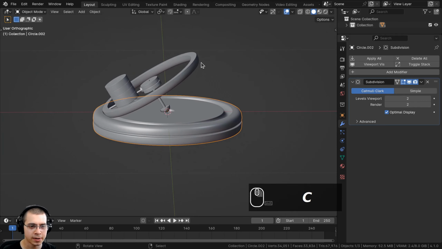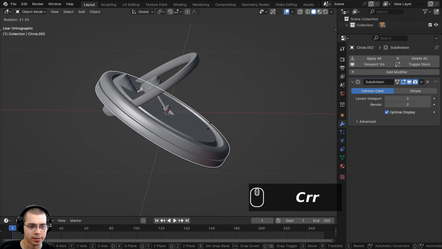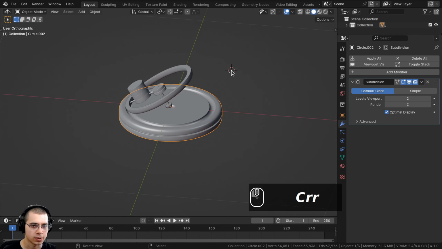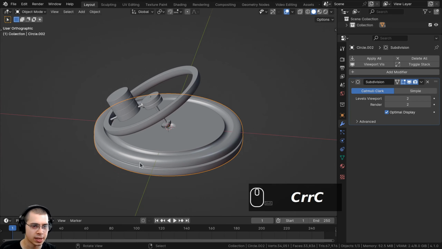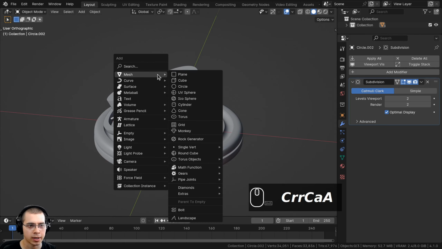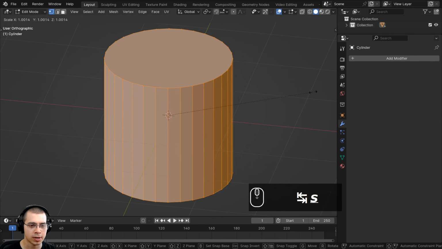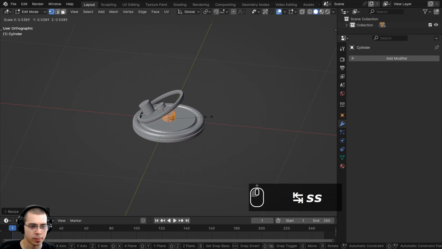Now this piece here is going to rotate around like this, and it's going to make the weight slide down. So it's going to rotate like this. So I want to add a cylinder piece here that's going to rotate it. So in object mode, I'll press Shift C to center the 3D cursor, and that way I can go to the add menu and I can add a cylinder, and the cylinder will be added in the very center. So I'll now go into edit mode, and I'm going to scale the cylinder way down. We'll make it much smaller.